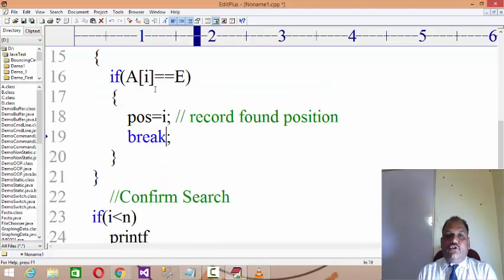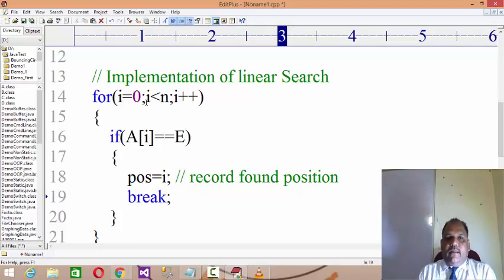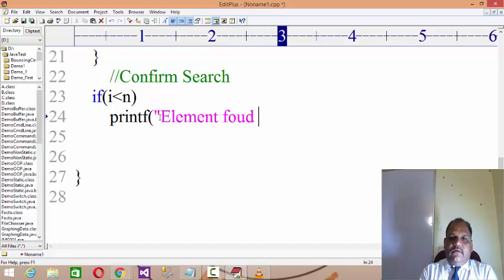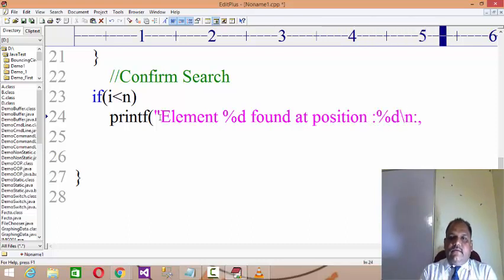So obviously in such situations the value of i remains less than n. If i remains less than n, then printf element found, element %d, the element which you are searching for, found at position %d, that is the element you are searching for, that is e, and found at position POS.